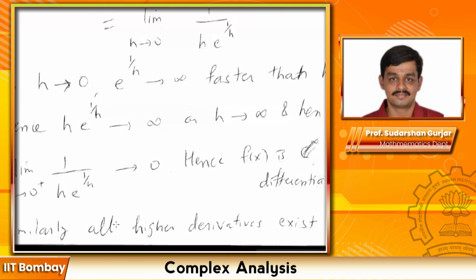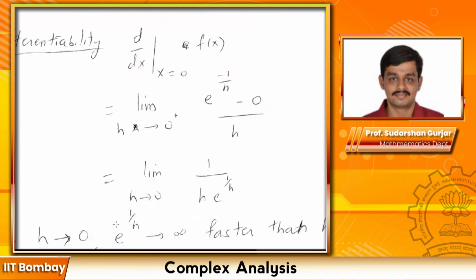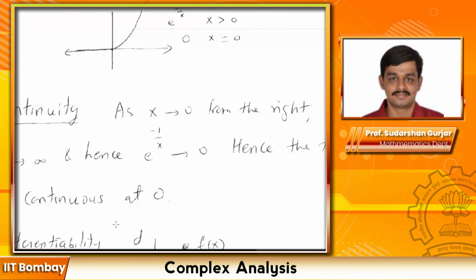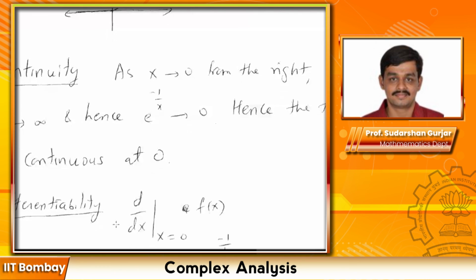So this is what happens in real analysis, and the whole point of complex analysis, what I wanted to emphasize in the slide before this, is that in complex analysis there are no such examples. In complex analysis, once the function is just once differentiable, it is automatically infinitely differentiable, and it is given by a convergent power series. So the situation is dramatically different in complex analysis. This example is really to illustrate the sharp contrast between real and complex differentiable functions.